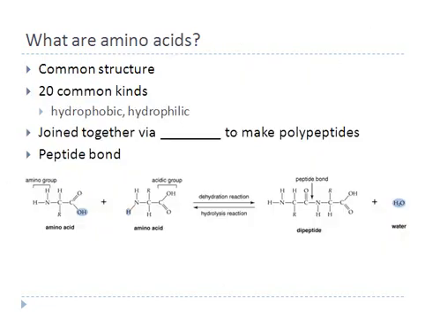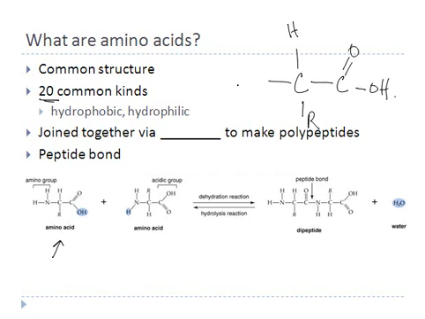So let's go on to look at more about the amino acids. There are firstly only 20 common amino acids, and there's a diverse expression of proteins in animals and plants. They all have a common structure, and the common structure is represented over here. You write down the central carbon, you put 4 bonds. The bottom is an R group, which means it could be any number of carbons, a hydrogen on this end, and there is a group called the carboxyl group on one end, and another group called the amine group on the other end. So this is my amine end, and this end is my carboxyl end.